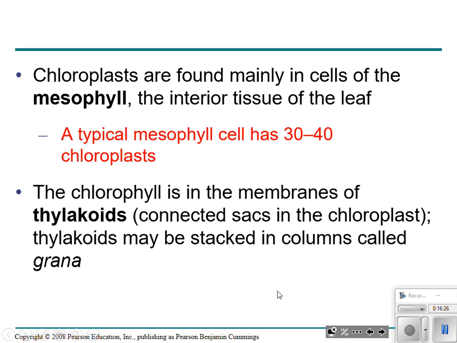Now, how I think of these thylakoids and how I think of grana. Here's my analogy. Let's pretend I have a stack of quarters, all right? That stack of quarters would be the grana. Each individual quarter would be a thylakoid. So, each quarter is a thylakoid. When I stack all the quarters, it becomes the grana. Okay, you might also see this as granum. Grana is plural, granum is the singular.